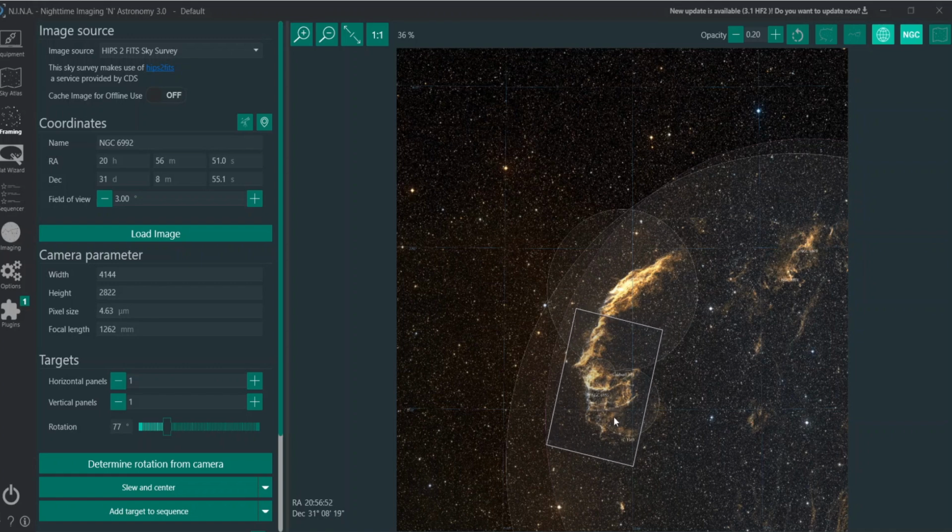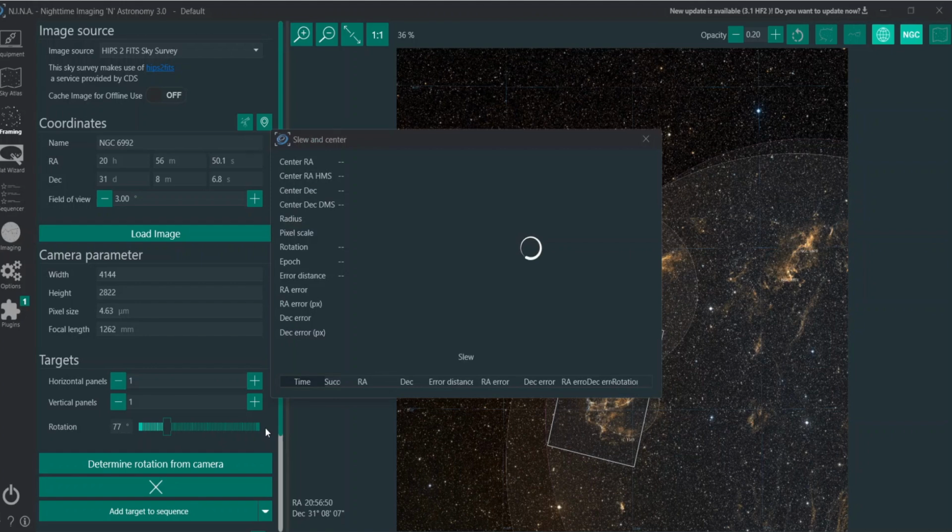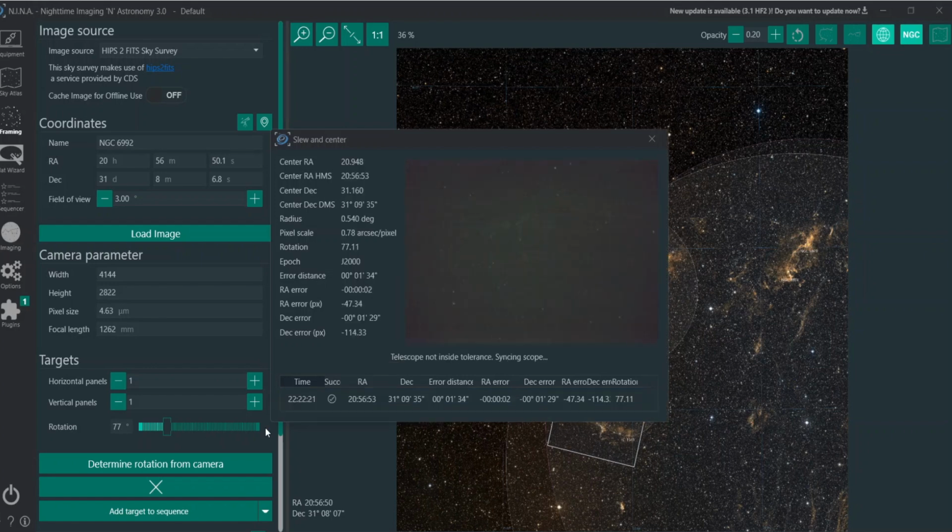So what I want to do is go ahead and get this section here, and I'm going to tell it to slew and center to it. So my telescope's going to move in that direction. It's going to try to find it. Right now it's saying it's not inside the tolerance, so it's going to move again a little, and now it's